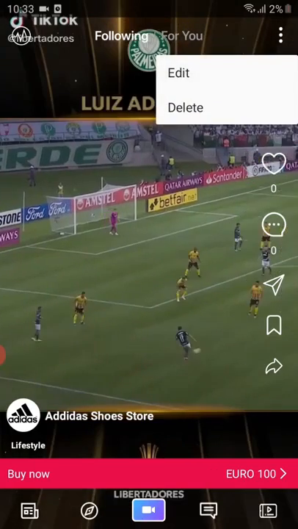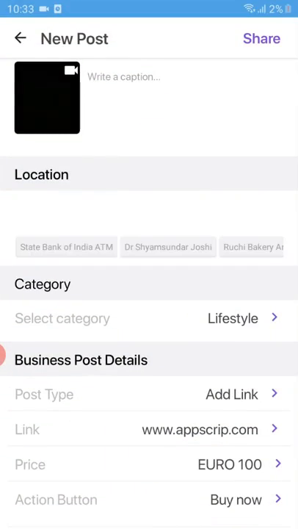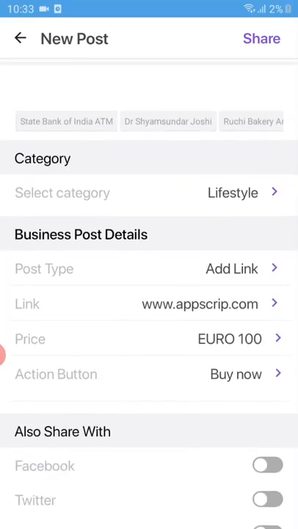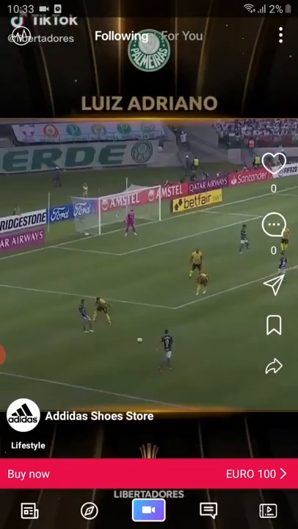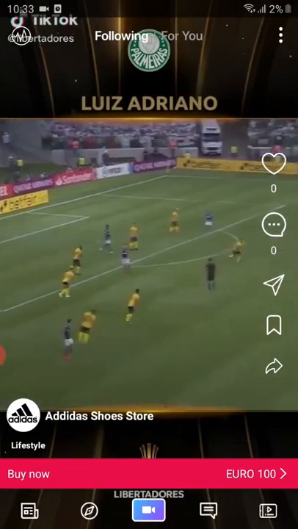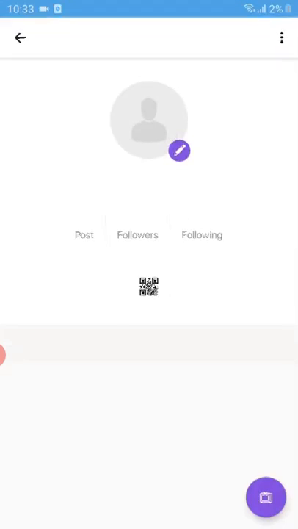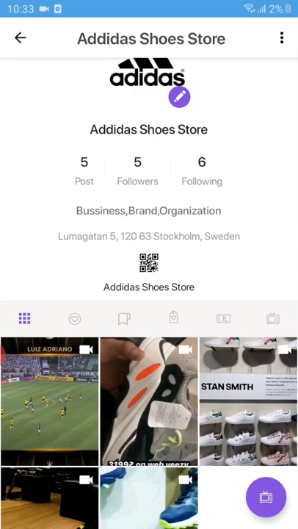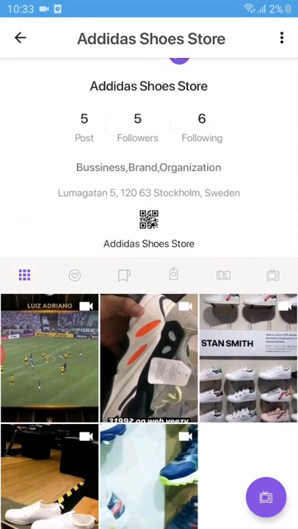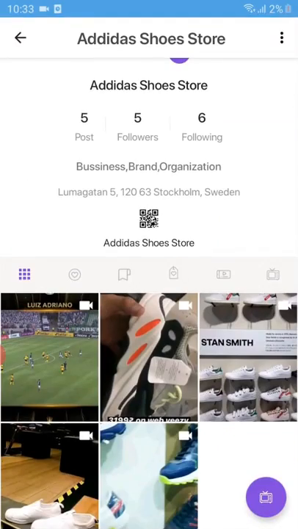If I want to edit my post, I can always click in here and edit whatever I want, right? I can edit the post and change any wrong information that I've entered on the system. That's the business post. So I think with this, I've pretty much covered all the important features on the product, right? You've seen all of that stuff. You can see all this other business information that we have. I can always see my posts. I can see the people who are following me, my followers, people I follow. I can always see that.